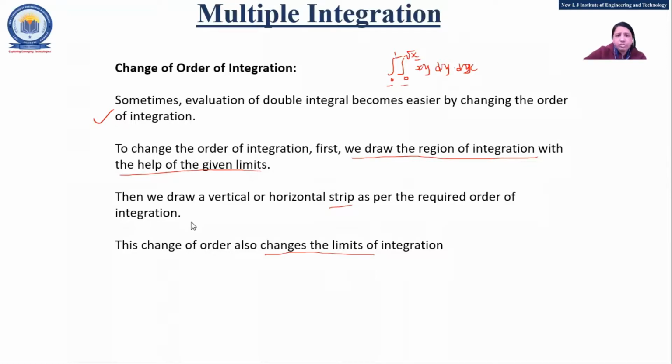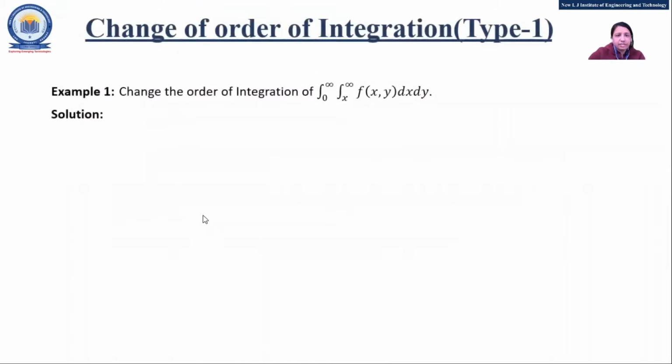It will be clear to you when we solve some examples. So let's start with the example. First is what? Change the order of integration of integral 0 to infinity, x to infinity, f(x,y) dx dy. In that, see, there are two types, just a little bit of difference. Type 1 is what? You will be asked in this way: change the order of integration, and an integration is given. Type 2 means: change the order of integration and then evaluate. So you have to find the answer of that also. That is the only difference, right? Fine. Type 1 and type 2. In type 2, you need to evaluate it.